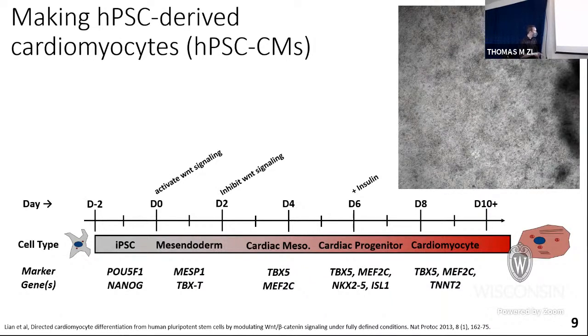There are a few markers known from developmental biology that are reminiscent of, or that define, each of these different cell types. But there's really not much known about a lot of these intermediate states, and particularly if there's anything that can distinguish between a mesoendodermal cell that will become a cardiomyocyte versus a mesoendodermal cell that will become a bone cell, for example.